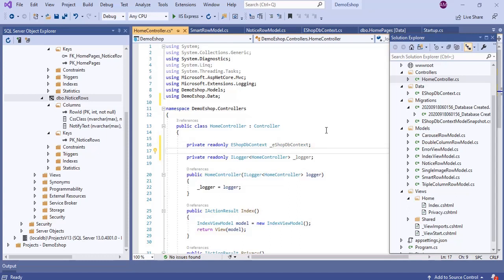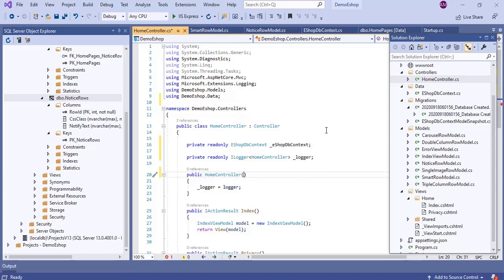Now we need to create the instance variable, but in ASP.NET Core normally you don't create any objects. Everything will be given to you by the dependency injection. So we want to change the constructor of this home controller to support this. We will delete this ILogger interface.